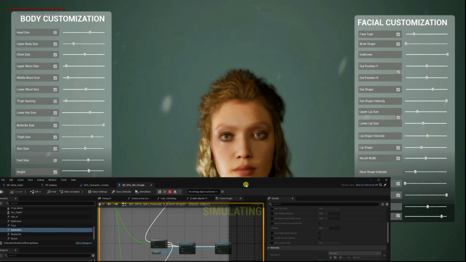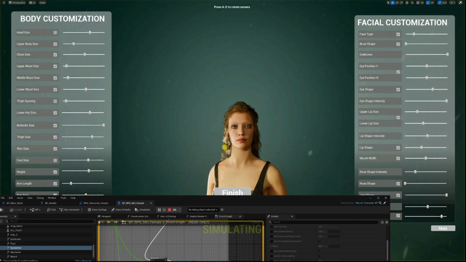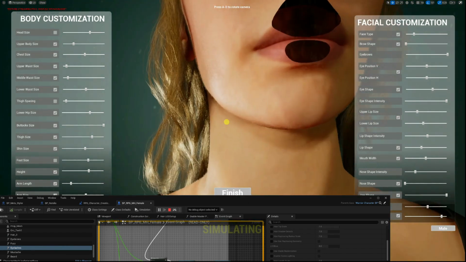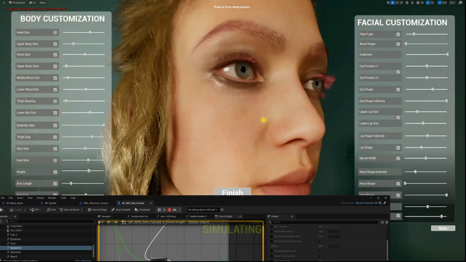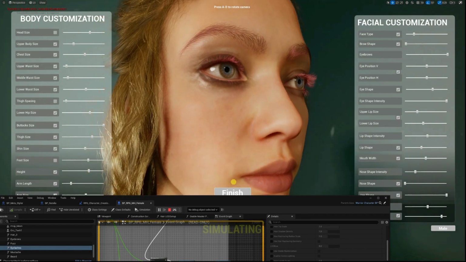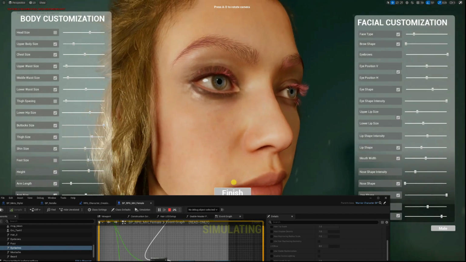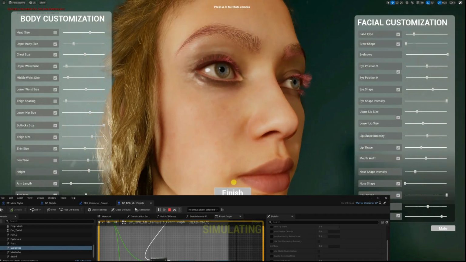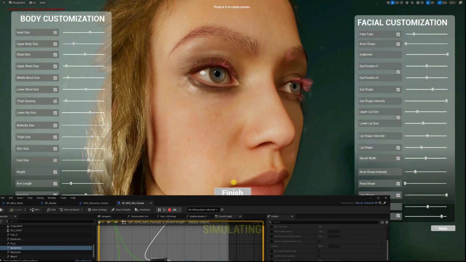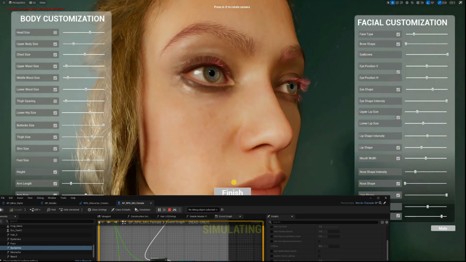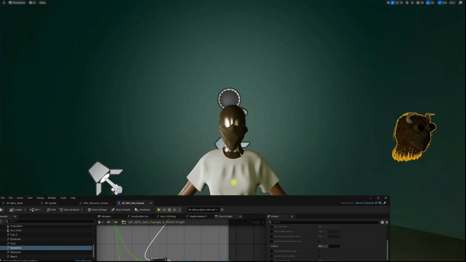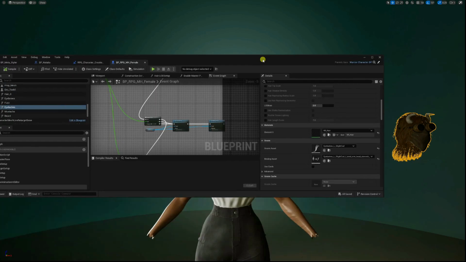I'll zoom in there. Of course, they're not showing. I'll get really close, and they are showing up now. Okay, so the way I solve this, because this can also happen with the hair. Keep this in mind: if your hair keeps on deleting, it's not because of my system, it's because of the MetaHuman system. So the way I solve it